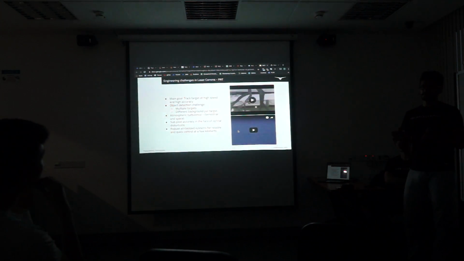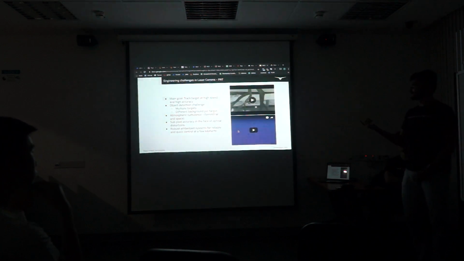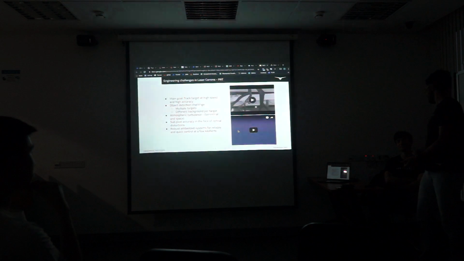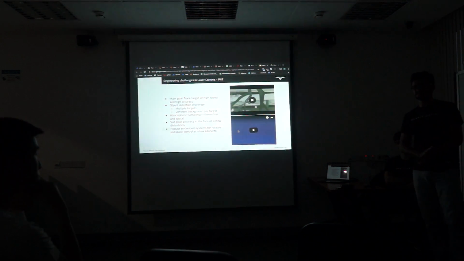You have to find the object and locate it within 0.1 of a pixel. And finally, once you know where to point and how the other guy is moving, you need to be able to send all this data to your controller, and then send that to a motor that controls where you're pointing. This needs to take into account your device's physical inertia and how it moves around, because we tried, and a simple PID and the like doesn't really work in these kinds of situations when you need a few kilohertz of correction.